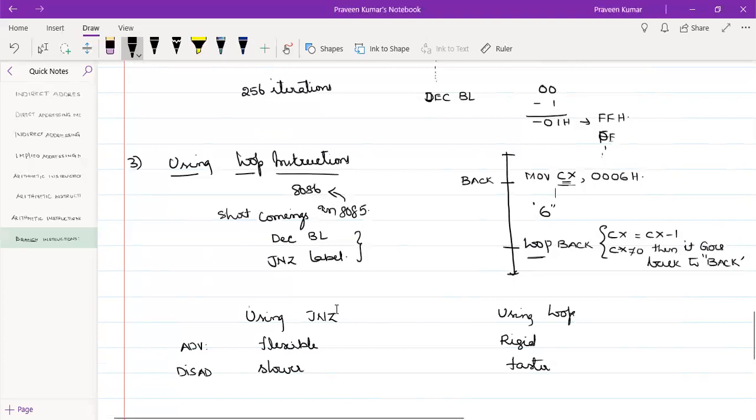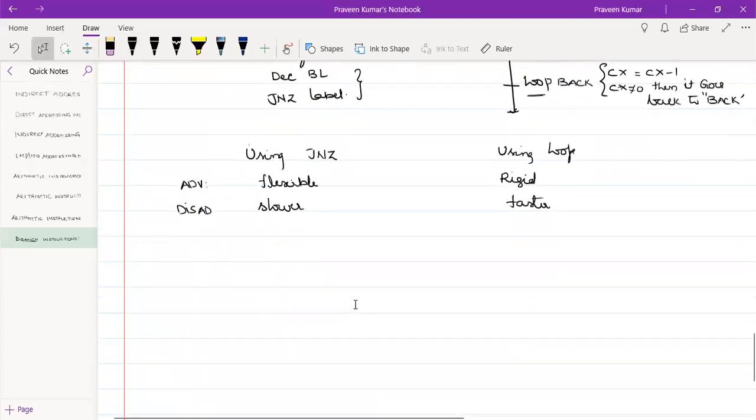There are many types of looping. There are some other looping statements: loop if equal, loop if zero, and loop if not equal, or loop if not zero.